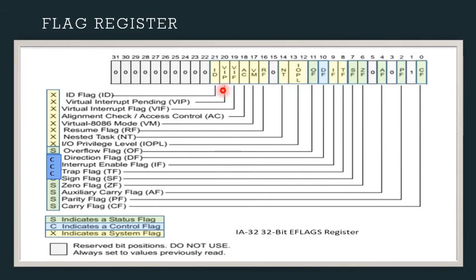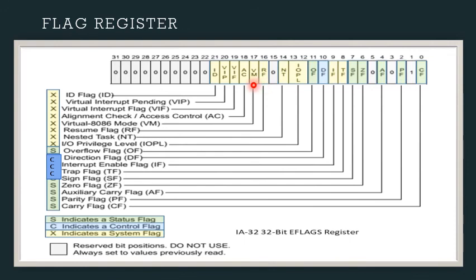The RF flag is the resume flag. This is the first bit in the extended EFLAGS register. It is used with the debug register breakpoint. At the start of each instruction cycle, the status of RF is always checked. If RF is equal to 1, any debug fault will be ignored while executing the instruction. This flag is automatically reset after execution of any instruction except RET and POP.